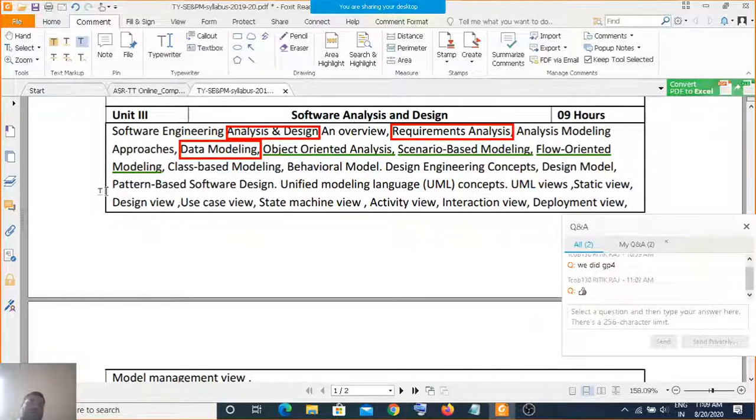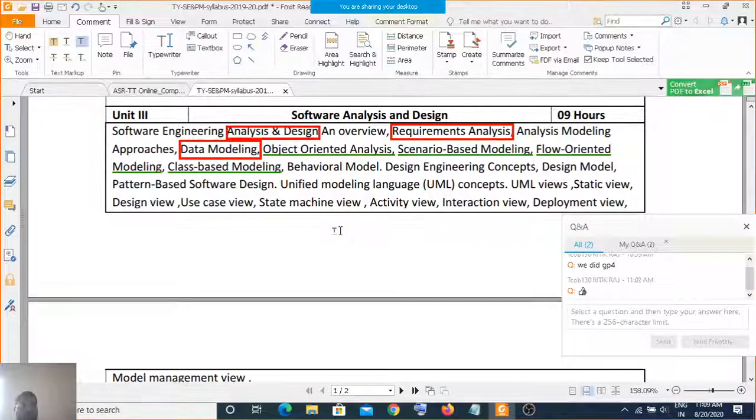Okay, then you have the class based modeling, which is nothing but the object oriented modeling. So we know what is a class and what are the objects. Class is a set of similar type of objects. For example, bird is a class, and the objects of the bird are penguin, sparrows, ostrich, peacock, hen. These are the different objects of that particular class. So class based modeling is there.